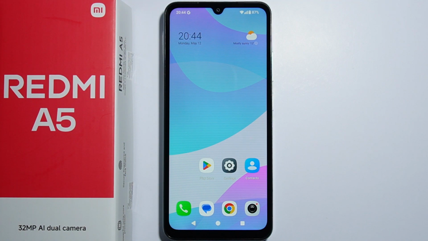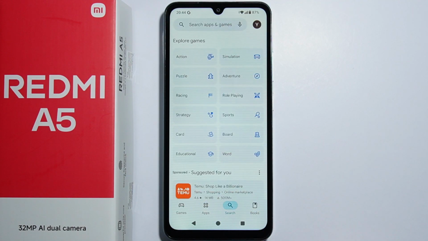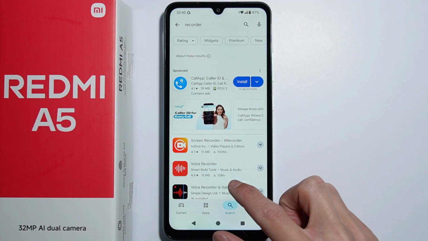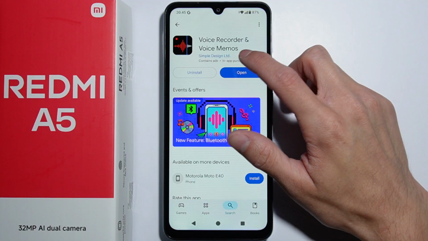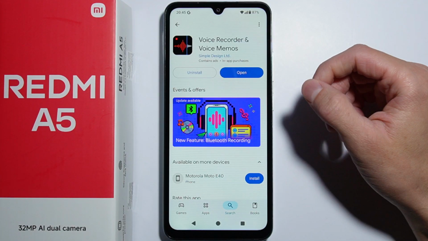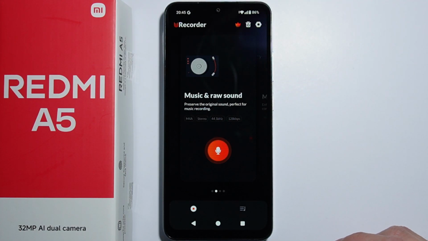To record sounds on Redmi A5, first of all, you will have to go into the Google Play Store and search for the application called Recorder. So let's type in the Recorder, and I recommend you to download this application, Voice Recorder and Voice Memos. So simply download this one, and as the installation completes, let's open the application, and you will have to grant